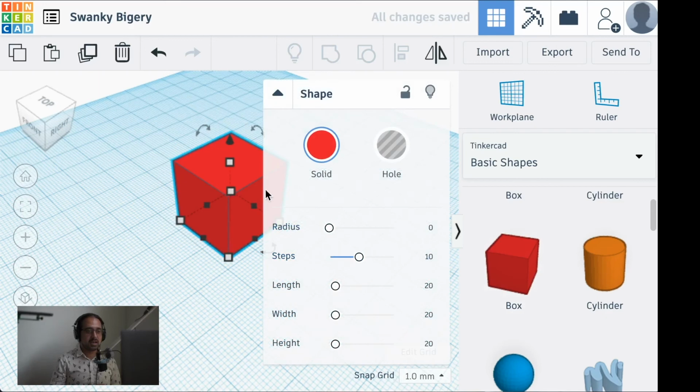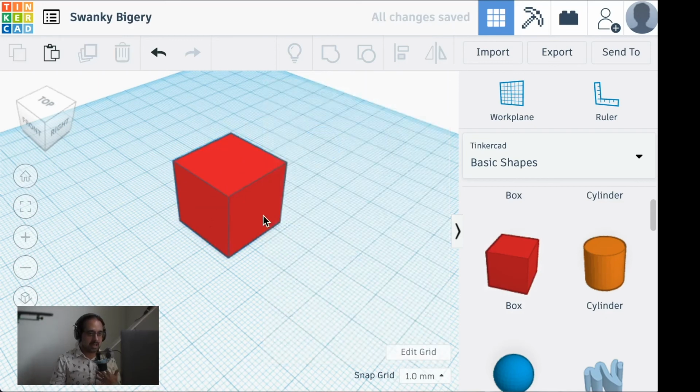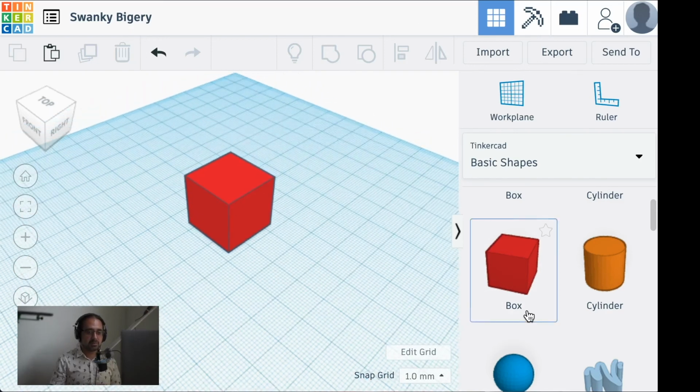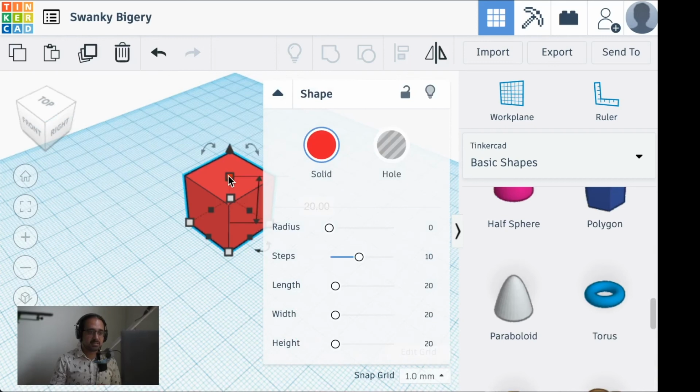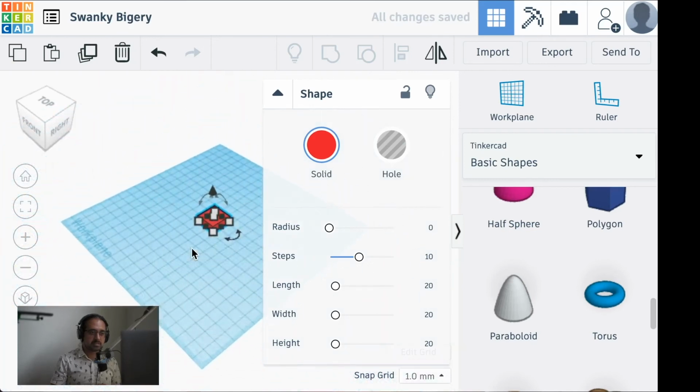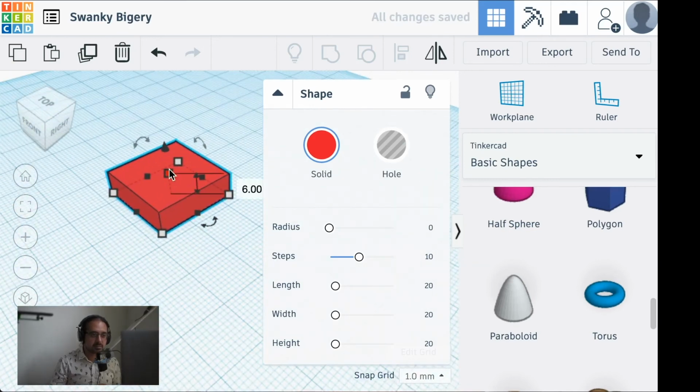So let's just say I've got this box here, and that's going to be my keyhole. We're going to use this as our basis for a box. What I'm going to do very quickly is generate my key shape. So let's make this nice and thin. You grab that, and let's see, how thick is this? I'm going to make this about 6 millimeters thin, which is pretty thin,